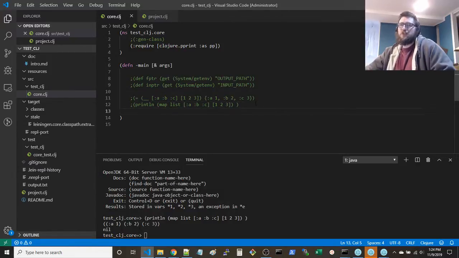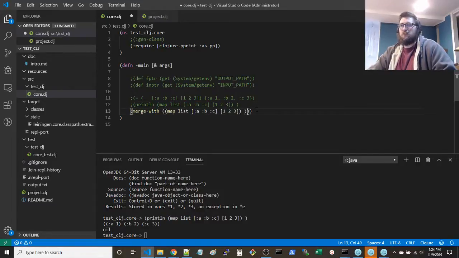But yeah, you see that. So okay, what I want to do is this map list, and merge that into a map. See if that works.